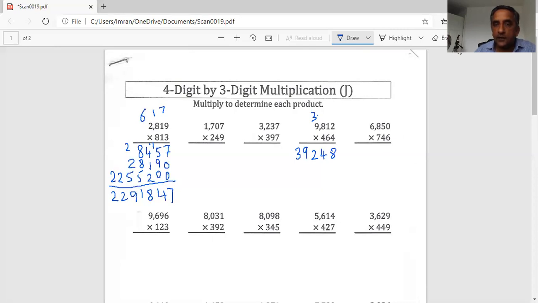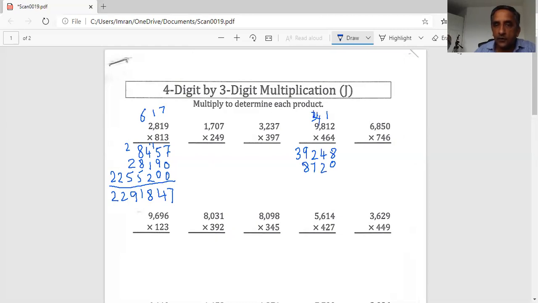Right? Then we write 0 underneath the first one before multiplying the next one. So 6 times 2 is 12. So we write 2 and 1 carry forward on the next number, which is 1. So 6 times 1 is 6 plus 1 is 7. 6 times 8 is 48. So we write 8 here and 4 carry forward on the top of the next one.